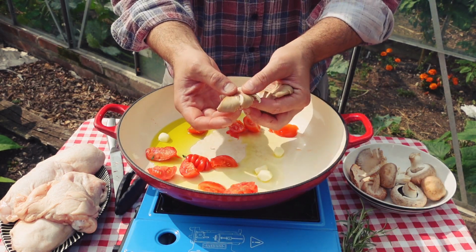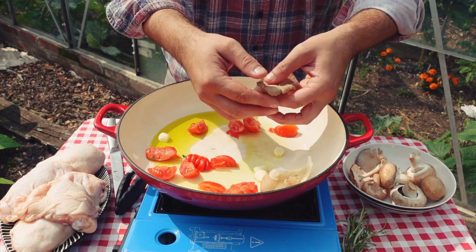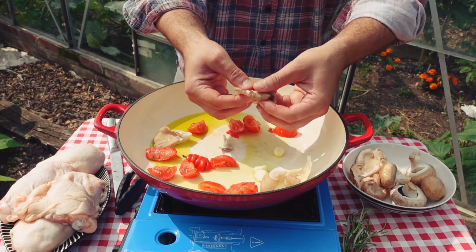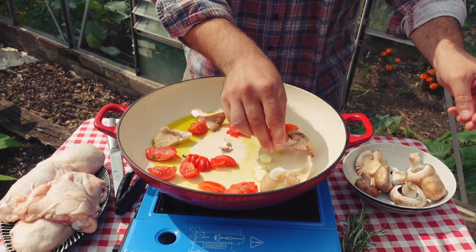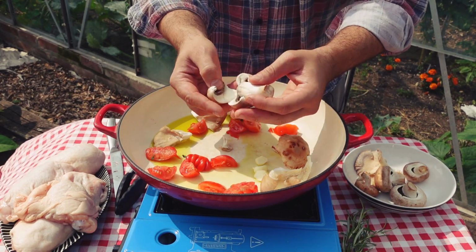I like to add some of these oyster mushrooms in. I think they've got a great texture, really nice flavour that runs through, and I just break them up with my hands. The shiitakes I'm going to leave whole, and these little chestnut mushrooms, again, I'm just going to break them up, nice and simple,